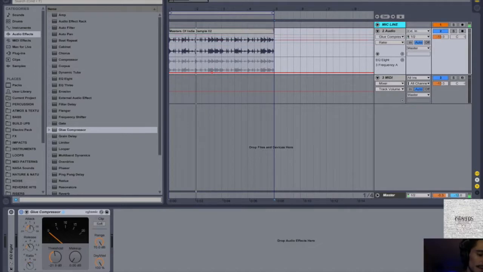Now your ratio has to do with how many decibels are being taken off the initial signal. So it's like 2 decibels, 4, and then 10, and so you're going from a softer compression into a more intense, harder type of compression. And all of this has to do with how much threshold, so let's get some sound in here. For this type of sound, I'll do a little idea of what I might want. You're going to hear already it's decreasing the signal, so we'll bring up the makeup gain. And you can hear